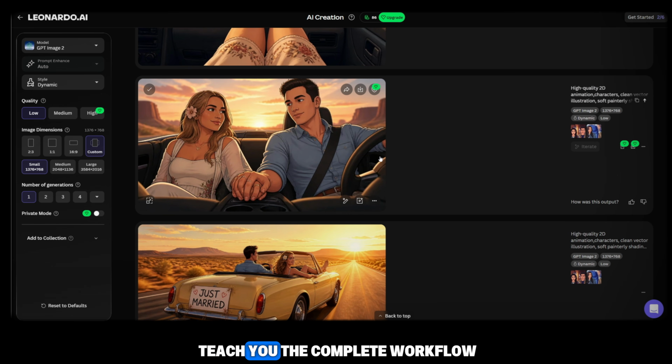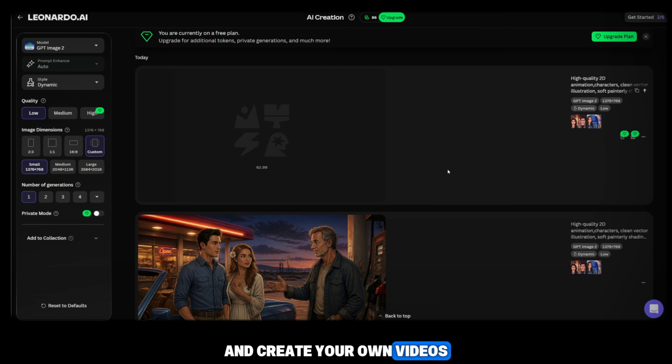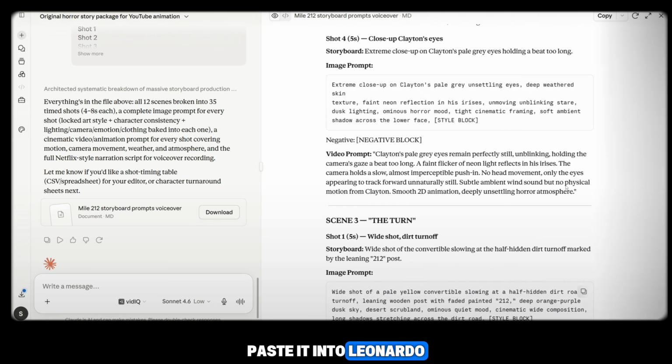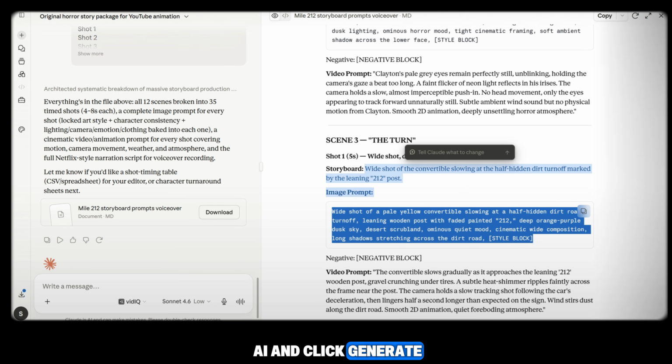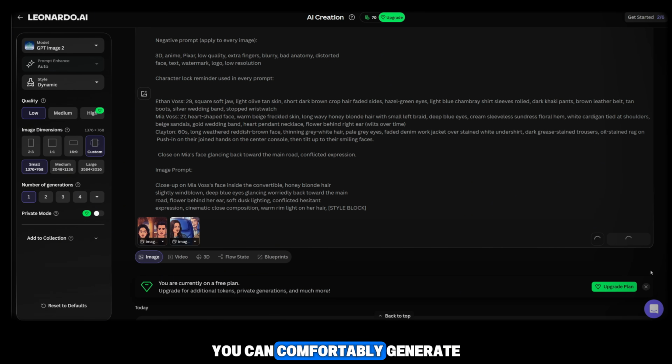My job is to teach you the complete workflow, while your job is to apply it and create your own videos. You can see the process is very straightforward. Copy the prompt, paste it into Leonardo AI, and click Generate. With 150 free credits and only 8 credits used per image, you can comfortably generate around 30 high-quality images for